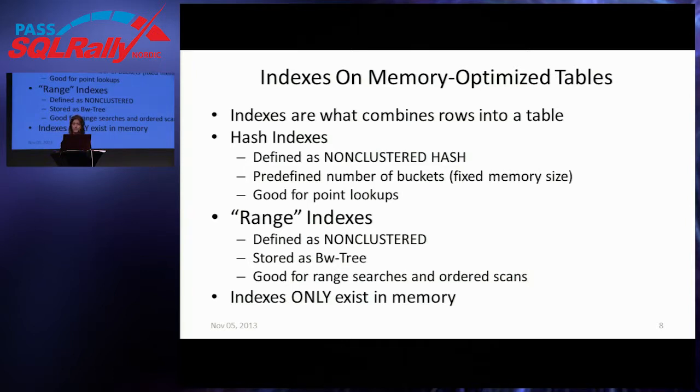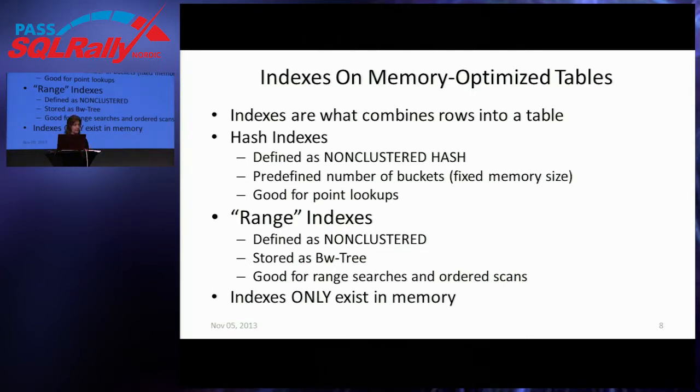When we create a hash index, or when we define a hash index, we set a number of buckets in the hash table. And the more you've worked with hashing, the more this will make sense. This is not a place where I'm going to explain what hashing is all about, but hashing keeps track of data through a hash table with a number of buckets, and that is predefined. I'll tell you a little bit about how you might decide on a number of buckets. And that number never changes for the life of the table, no matter how many or how few rows you put in that table.